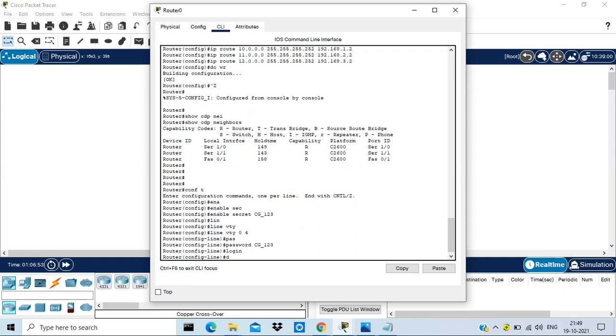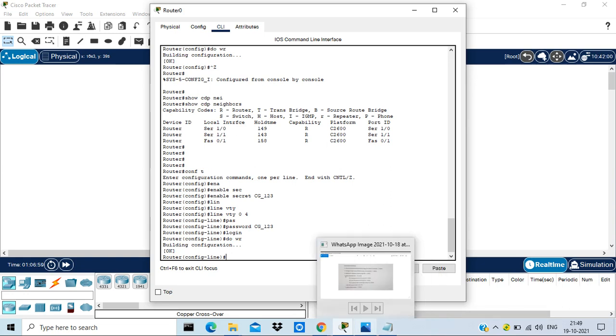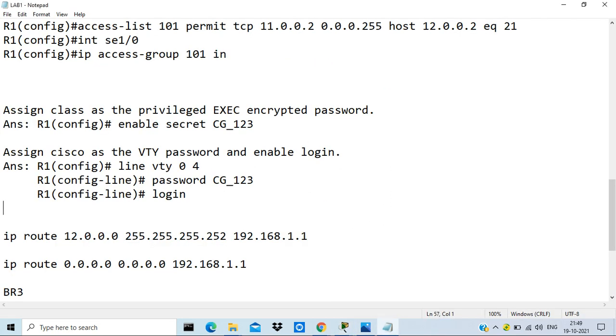So this we have done. We have saved the configuration, and now the access list part.